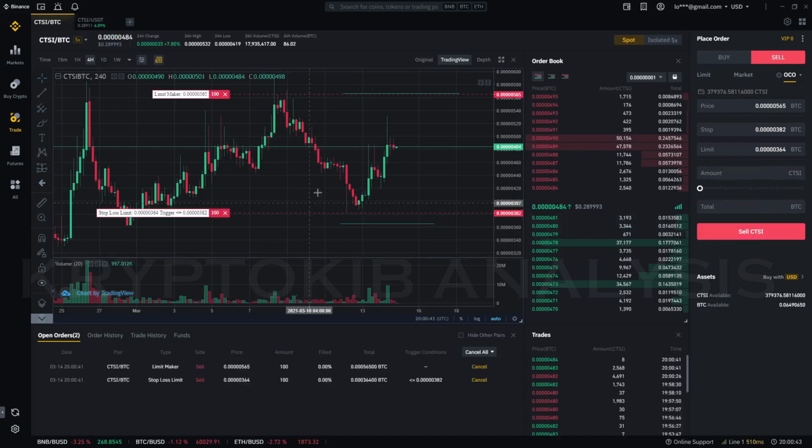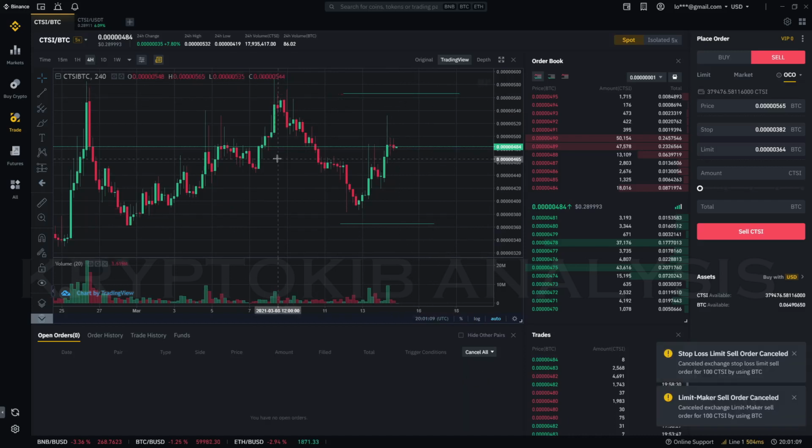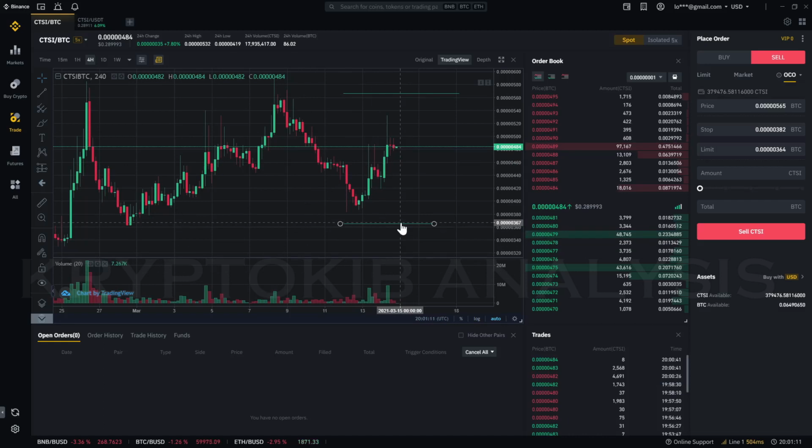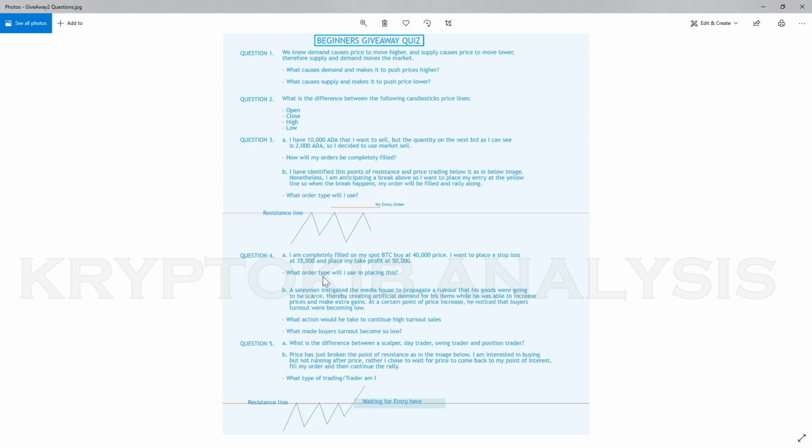As you can see, the order has been placed into the order book. So this will be my stop loss limit, where if market price reaches here, it will place my stop loss at this point. So if market still gets there, I will be taken out of the market. But if market rises to this point, my take profit will be triggered and I will also be taken out of the market. And once this one is taken out, this one will be cancelled. If this one is taken out, this one will be cancelled. As you can see, both are cancelled. So that is the OCO. That is how the OCO works. And that is the answer for that 4A.